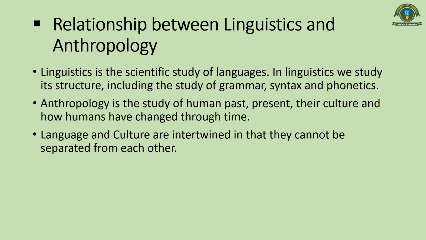When it comes to anthropology, we basically study humans. We try to know their past, and we also examine how they are living in the present. We also discuss their culture, their values, and how their different cultures have changed with the passage of